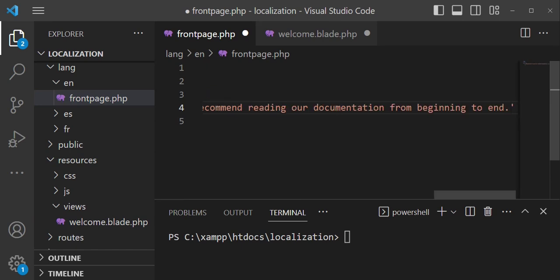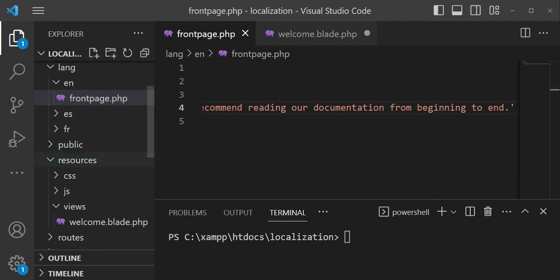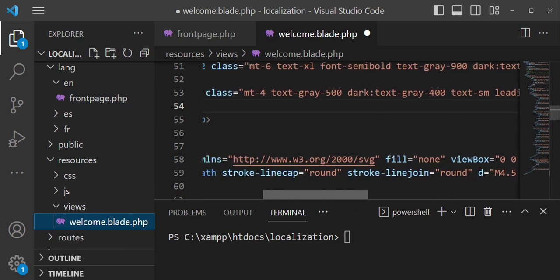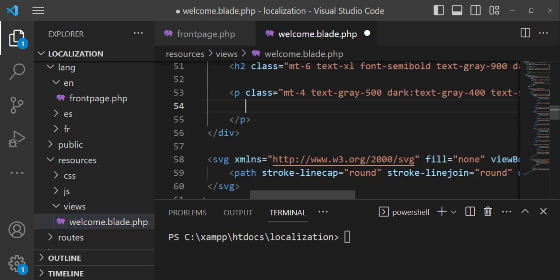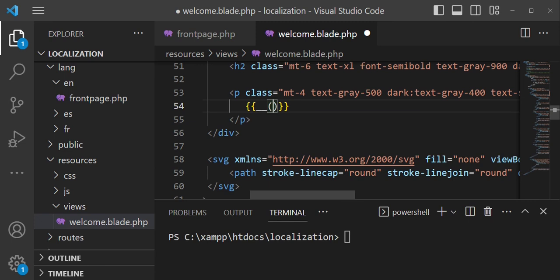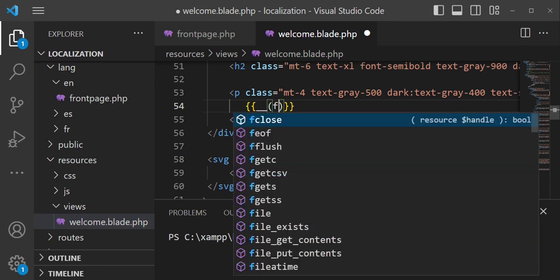We are going to paste it here like that. And then we can be able to reference that code here. So let me just go and show you how we can be able to replace it. Because I have cut that text, I want us to replace it with something. So you click here, and we are going to have the curly braces and double underscore, and then inside here we are going to call it front page,